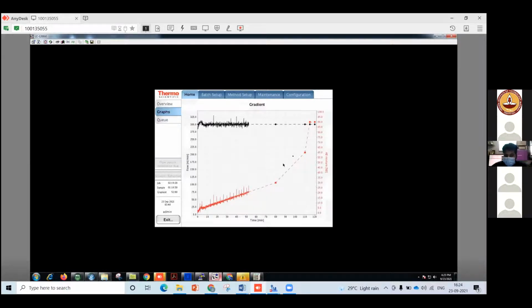However, there is a little bit of shift of the gradient to 35 to 55%, where you can see the time is from 80 to 110. And finally, we have a steeper gradient followed by the equilibration that we could see, right? So this is the LC gradient which we use for the initial binding, followed by the elution of the peptides with time. So this is on the basis of the gradient. Now let's go to the next parameter.